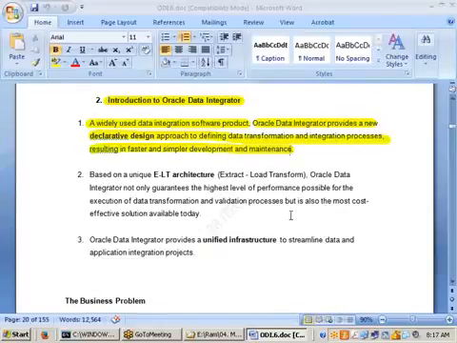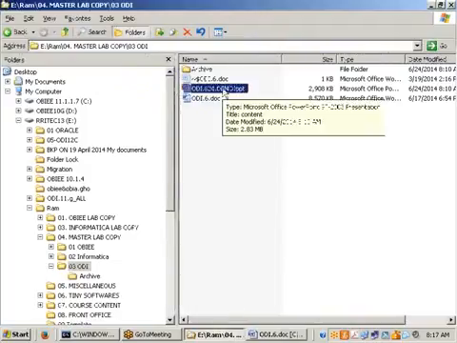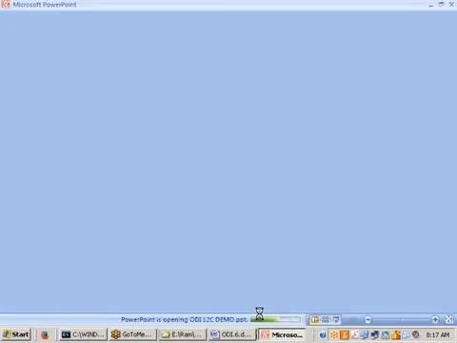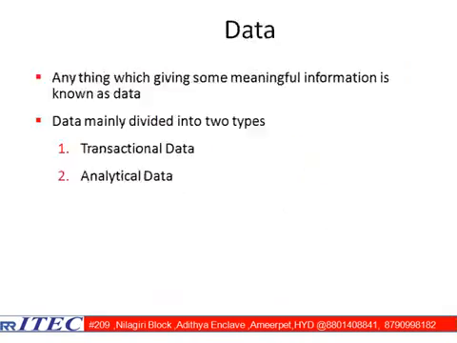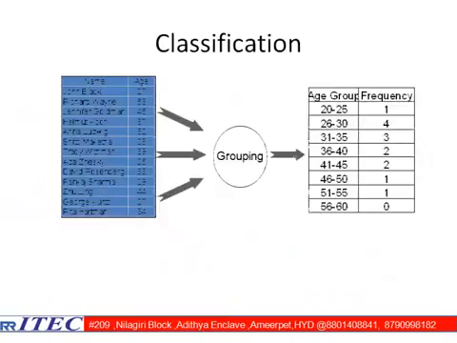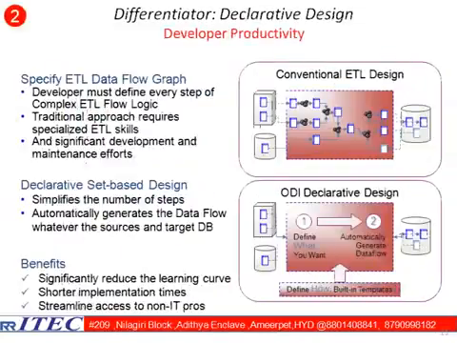If you want, I can open the PowerPoint so you understand what I mean. Yesterday we saw the top 3 reasons for going for ODI. Here we have declarative design: what you want, we define it, and then it automatically generates the required code for you. This is called declarative design.